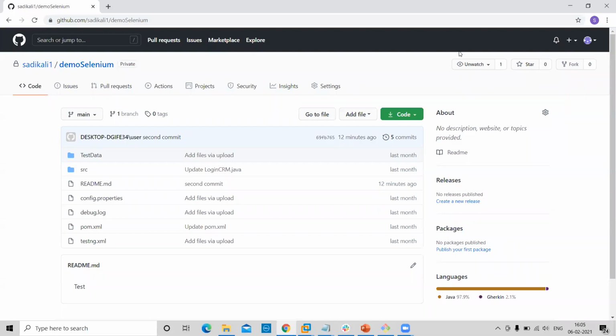In this video, I am going to discuss how we clone the code from the remote repository to our local system and how we check in our code in the remote repository. And also I will discuss what the git fetch, git push and git pull commands are.